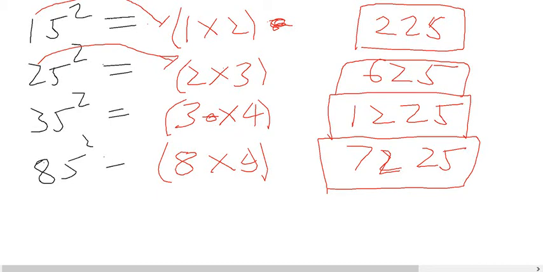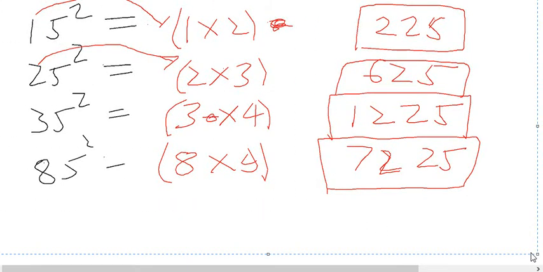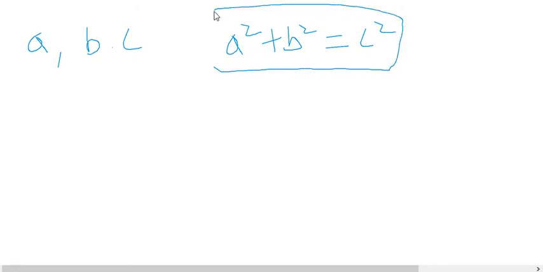Okay, so moving on, we have something called Pythagorean triplets. For Pythagorean triplets, you just have to remember one concept. If any numbers a, b, and c are there such that a square plus b square is equal to c square, then the collection of these three numbers is called Pythagorean triplets. So how can we find Pythagorean triplets? This is one question.